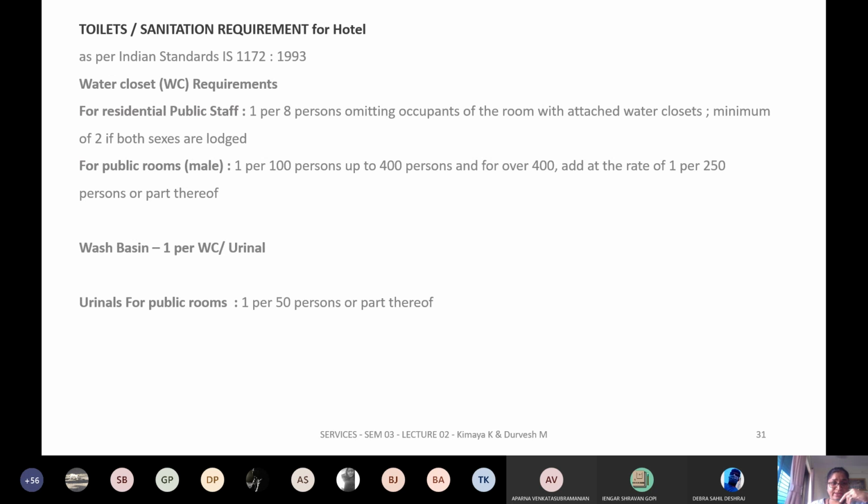These are the residential hotels we are talking about. So you will definitely have an attached bath with your hotel rooms. But also there are a lot of common spaces, especially your dining area. Then you'll have your gym, you'll have your swimming pool, you'll have your banquets and things like that. So more and more programs, more and more complexity. You have to keep adding and ensuring that you have enough amenities to serve the guest very easily.